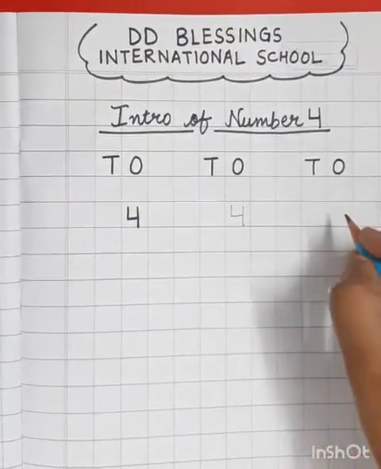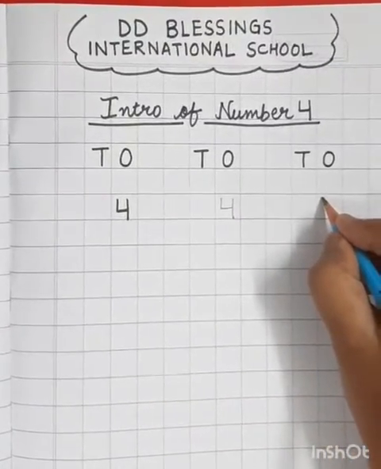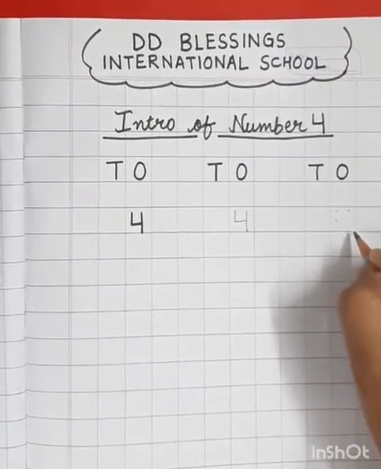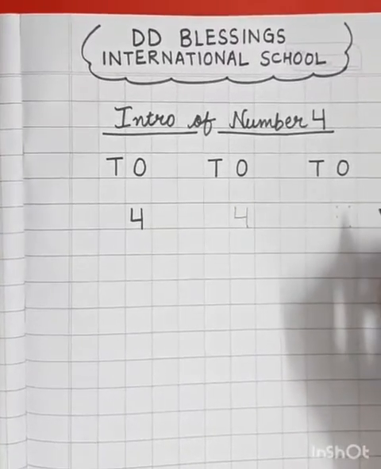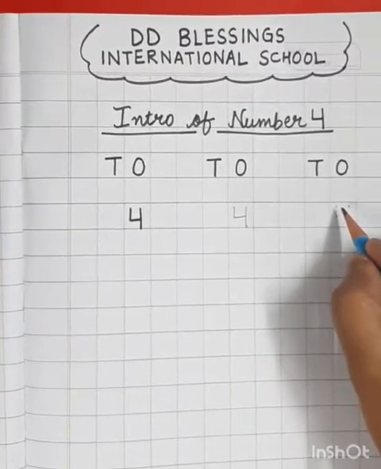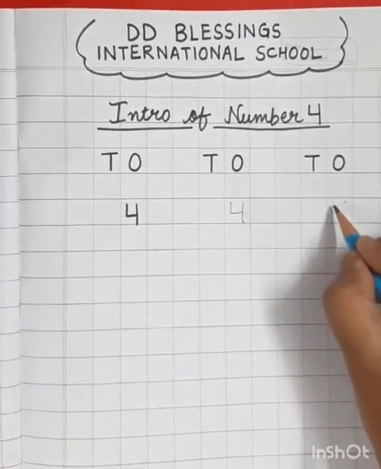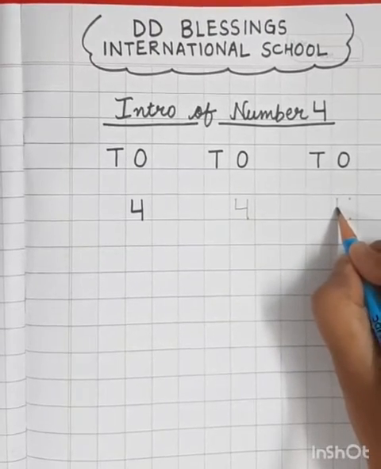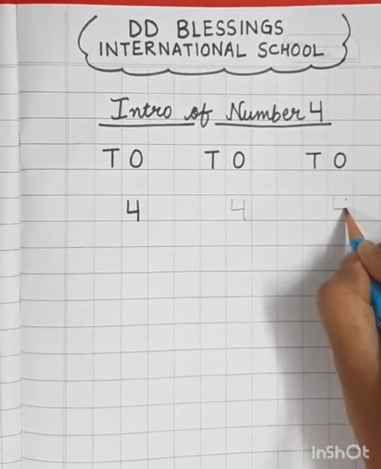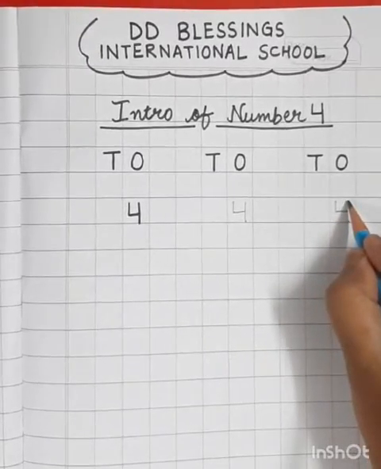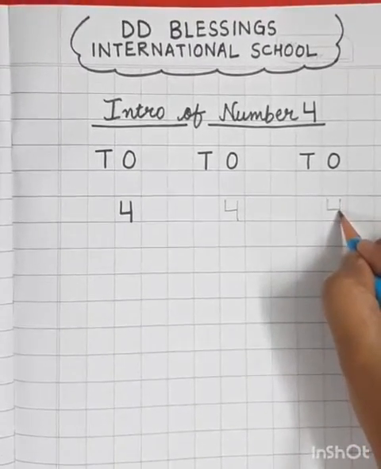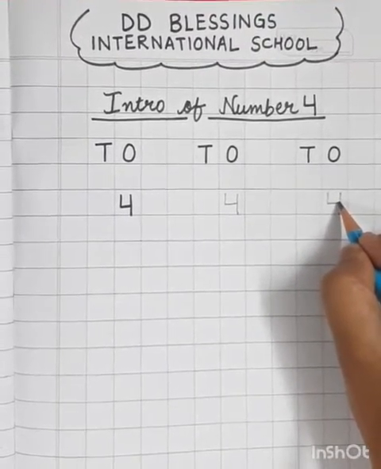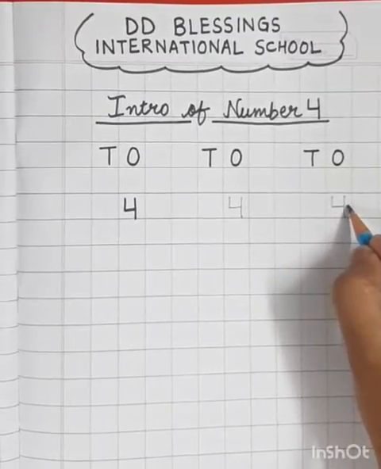Let's practice again. We'll make 4 dots. 1 dot, second dot with a small gap, third dot, and this is the fourth dot at the bottom. First we'll make a small standing line. We'll start from the top and go down till here. And then from this point we will move to the right and make a sleeping line like this. And then we'll lift the pencil to this point and make a standing line reaching the bottom. Do not let your pencil go outside the standing line. Okay, we don't have to take it out.